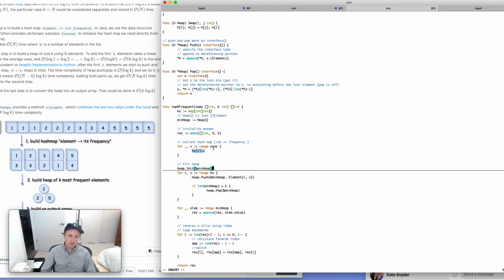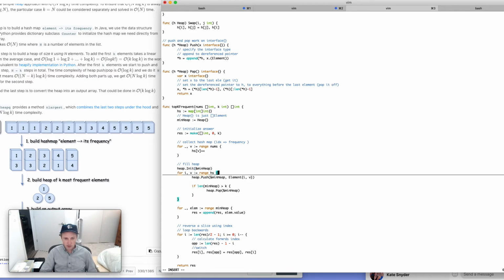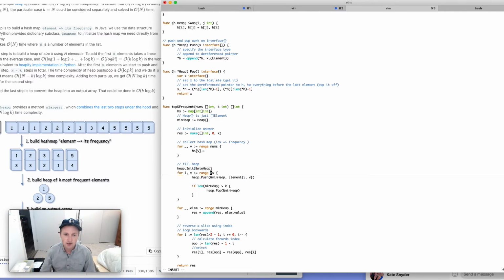And then what we do is we range over the numbers passed to the top frequent function, and for each occurrence of the number, we simply increment upwards. So for example, we'd create what we went over in the video, counting the ones or the twos or the fives, and so on and so forth. Then we fill the heap. To fill the heap, we first initialize the heap with the slice of elements,